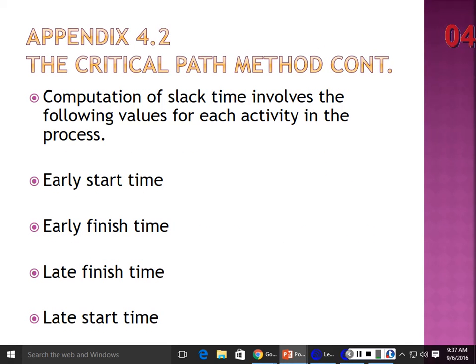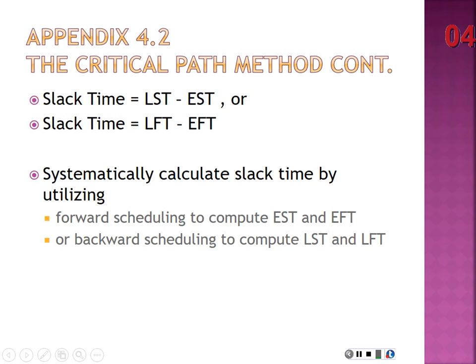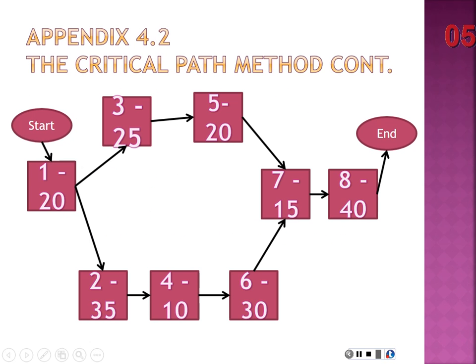All right, so we worked on the earliest start time, earliest finish time, latest finish time, and latest start time. Okay, and we can calculate slack time by latest start time minus earliest start time, or latest finish time minus earliest finish time. So we systematically calculate by doing the forward scheduling and then we get our earliest start time, earliest finish time, and our backward scheduling to get latest start time and latest finish time. Okay? So given that this is our diagram,